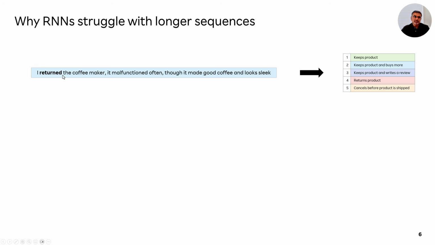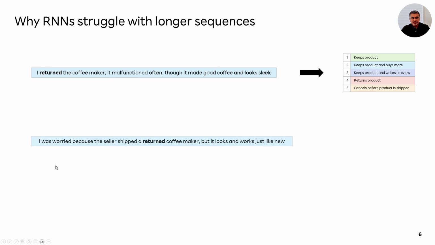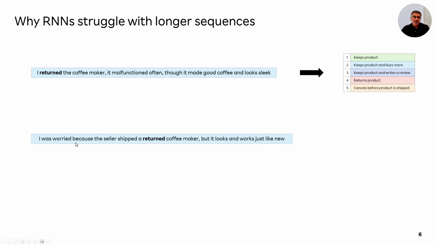It clearly says here that the user returned; the word "returned" appears in the sentence. So most likely the classification here is number 4, returns a product. Actually, keyword-based matching really doesn't work, because if, let's say, the review was, "I was worried because the seller